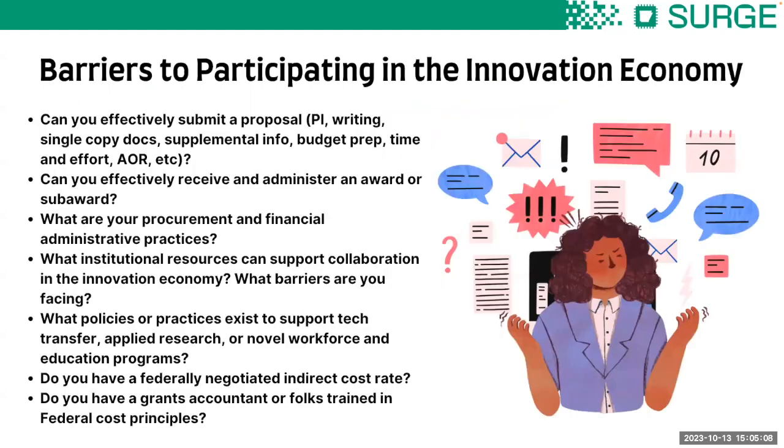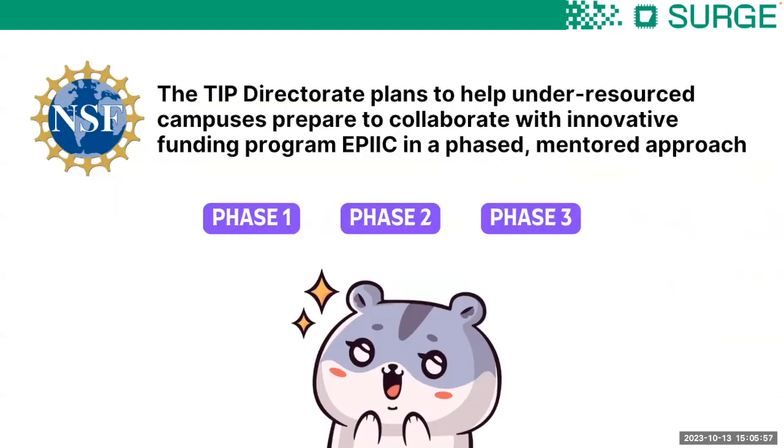There are so many barriers that small campuses are facing to be able to participate in these types of initiatives, ranging from the ability to effectively submit a proposal, administer and receive awards and subawards, the institutional practices, policies, and cultural norms, specifically those related to procurement and collaboration and tech transfer, intellectual property. NSF's newly established TIP Directorate, which is also the home for the Regional Innovation Engines program, has acknowledged these barriers and wants to help under-resourced campuses prepare to collaborate with the eventual engines that will be funded and other partners